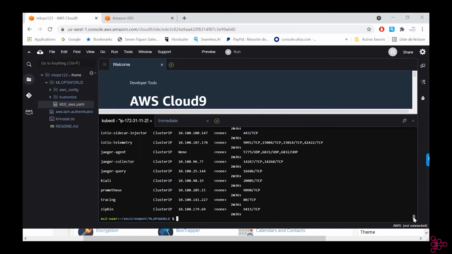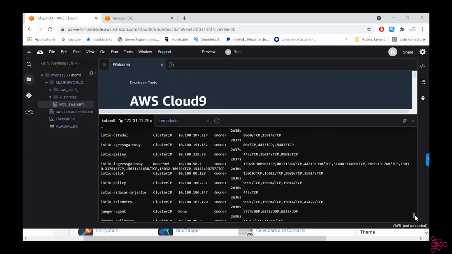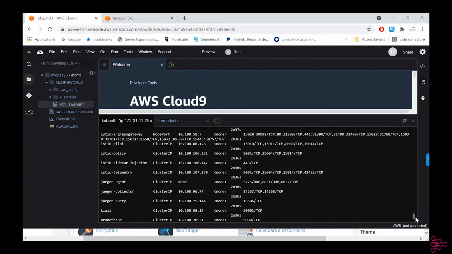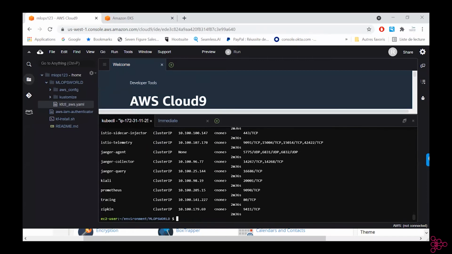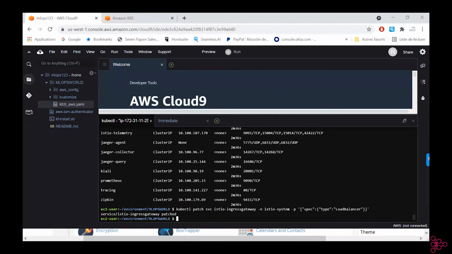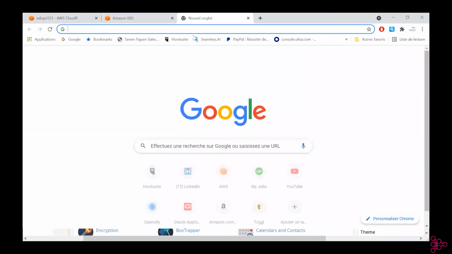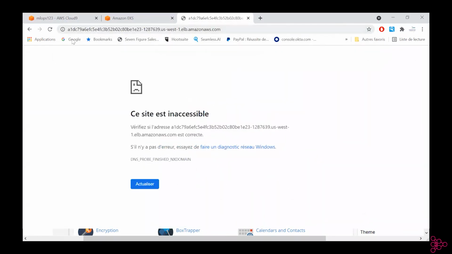Okay, here we have services, for example. Some of those services are needed for communicating with the outside. That's why we will set up here a load balancer. And the load balancer will come with an external IP. And this IP address will be used to be able to basically access the interface. So if we copy this and we go to the web browser, it's not accessible yet.